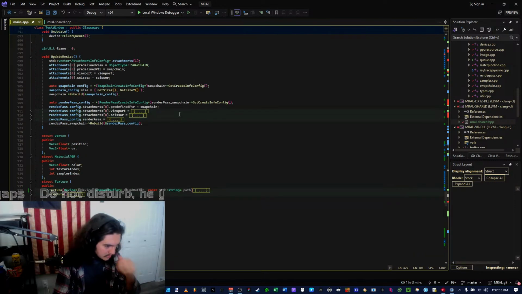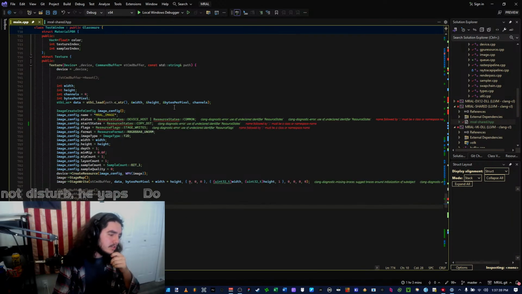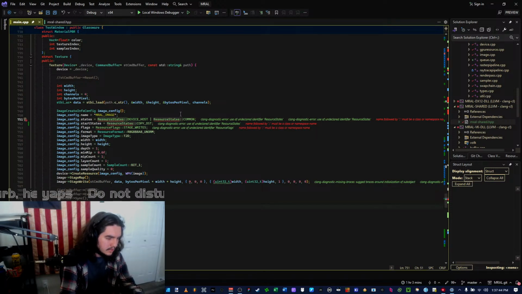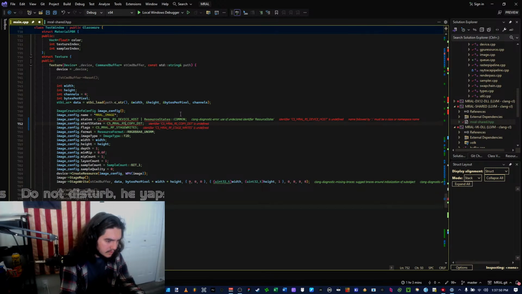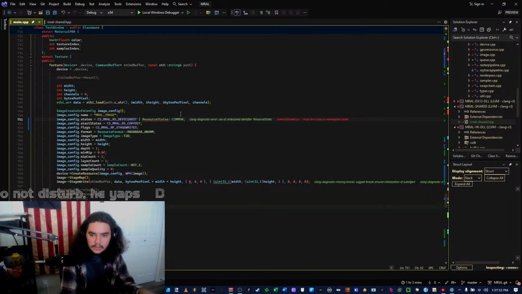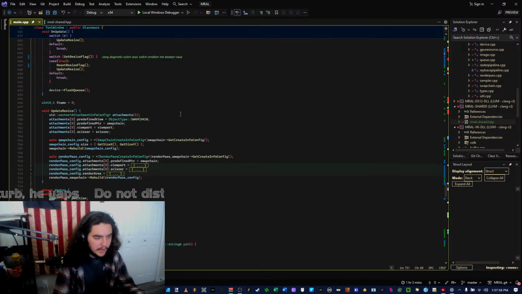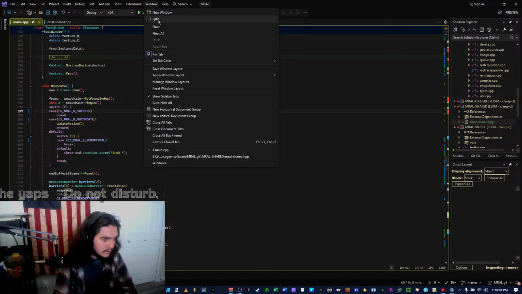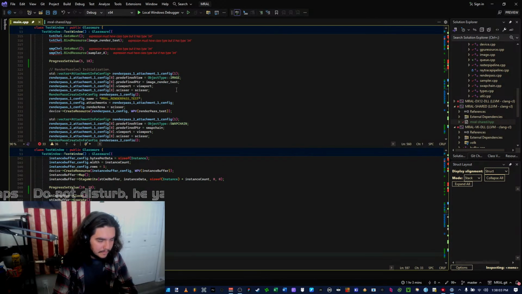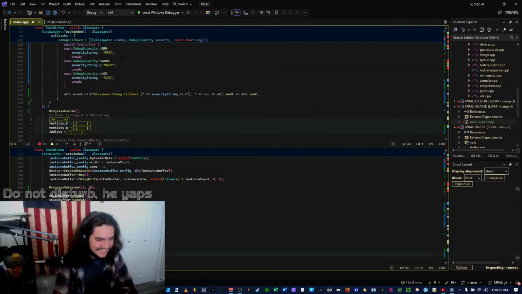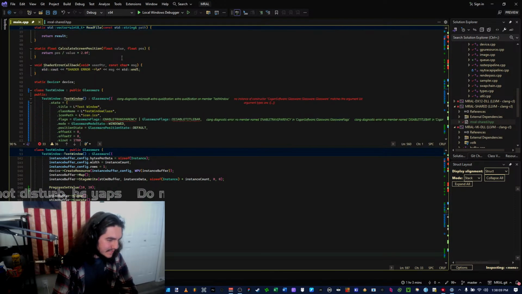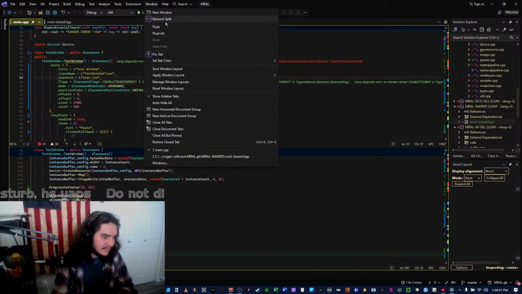Am I almost done with these errors? Oh, I missed one down here somewhere. What is this one? Texture? Oh, brother. Resource states, resource flags. And then without splitting that? You wanna know what my technique of splitting is? It's this. Split. Check out that split. Nah, I know what you mean now. I don't know. It just doesn't bother me.